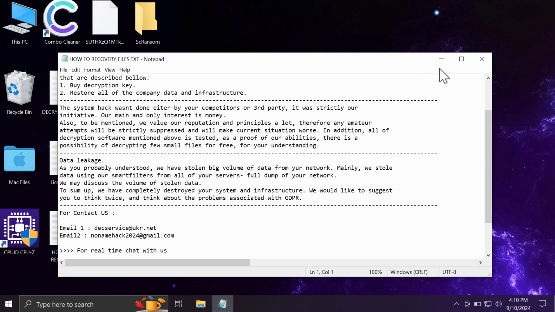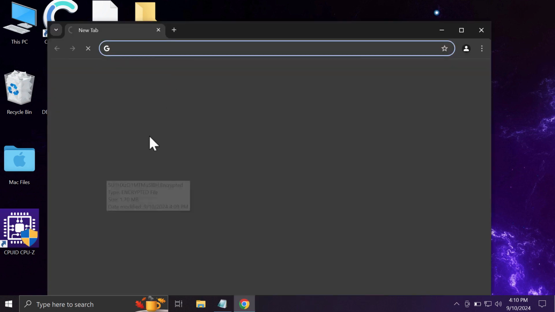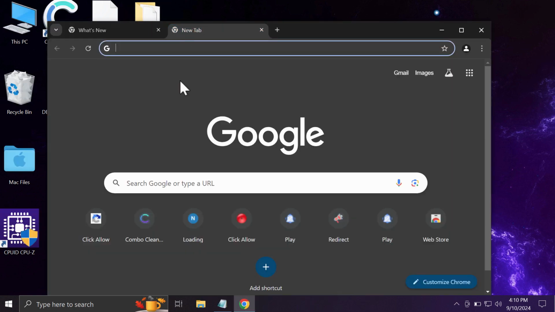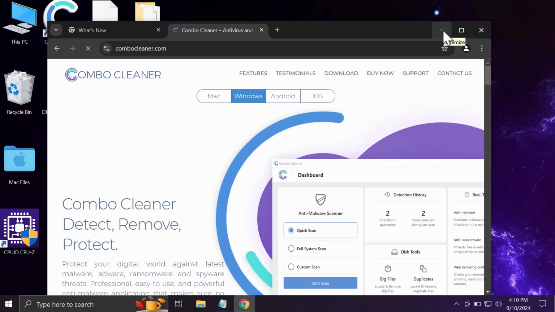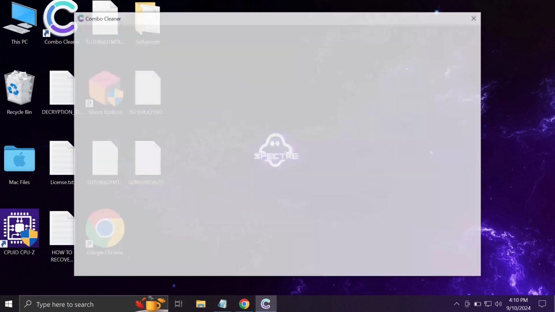To remove this ransomware, I recommend you use a special software called Combo Cleaner. Get it on the website combocleaner.com. So go to this official website, download the software, install the application, and once it is successfully installed, start